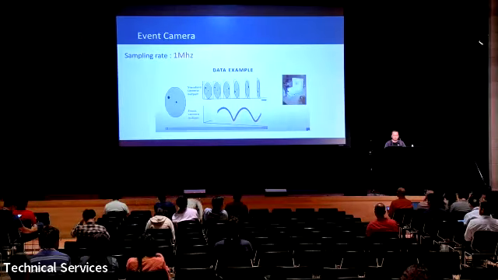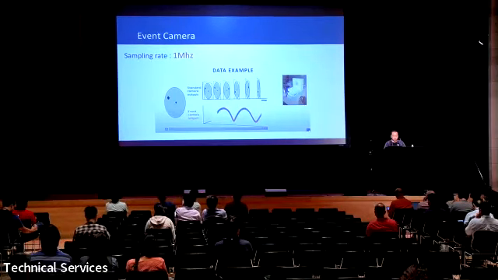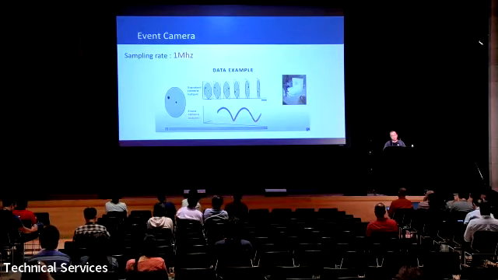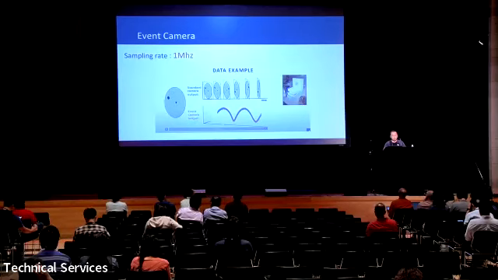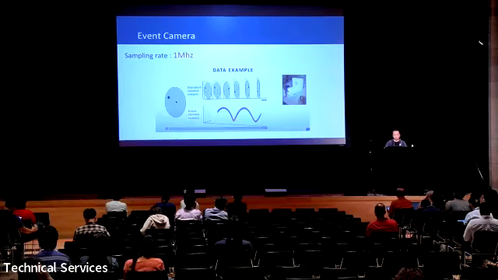Now we have a new option. It's called the event camera. The event camera is a new kind of bio-inspired camera. Every pixel in it works independently. The pixel just monitors the light intensity. When the intensity overpasses a threshold, it will give you an event which contains the timestamp, the location, and the change direction, meaning the intensity goes up or down. And the time difference between two events can be 1 microsecond, which means its sampling rate can be 1 megahertz. This is a good match with the DMD.